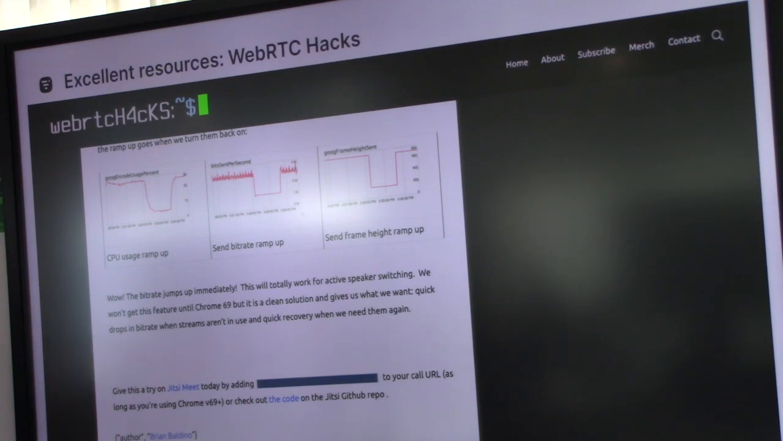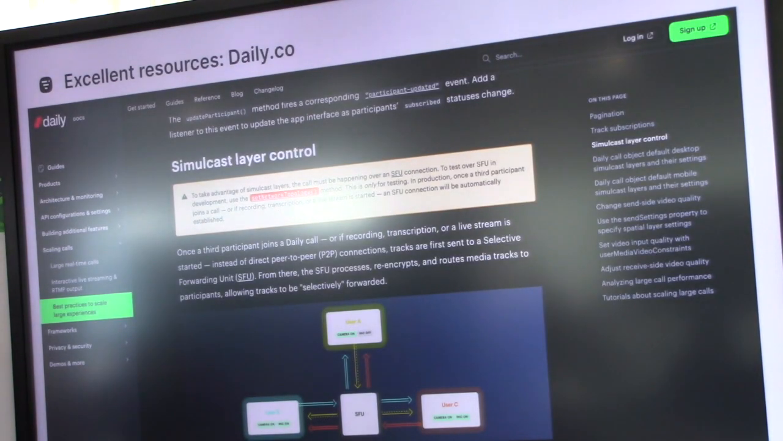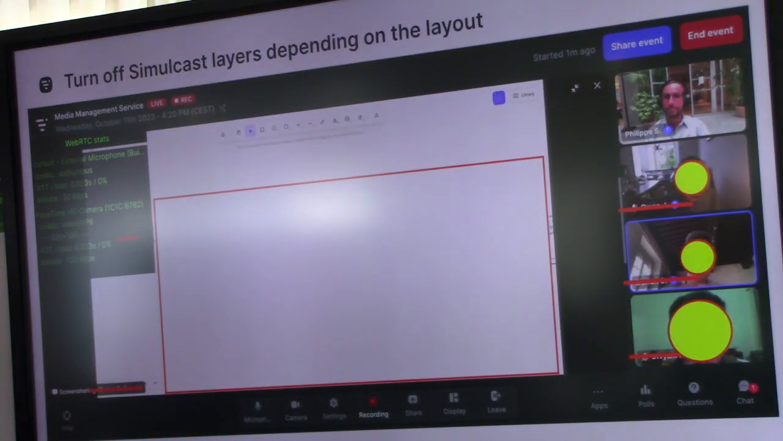So that was interesting. We documented ourselves, we looked around, we saw that daily.co also had a very good article, and we started building with that. So here is the result of the modifications that we made